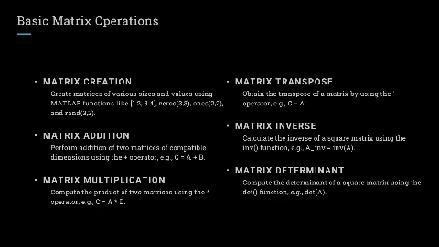Then there is another function that creates a 3 by 2 matrix with random numbers, which is D = rand(3,2). Then there are basic operations. Once you have matrices, you can easily perform operations. Addition, C = A + B, adds two matrices element-wise. Multiplication, C = A * B,